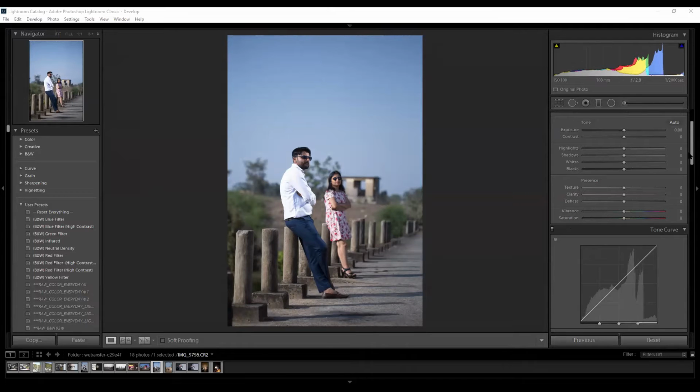So let's come to the saturation part. Basically, what do saturation and vibrance do to us? Vibrance affects the portion of color more towards your yellows and blues.